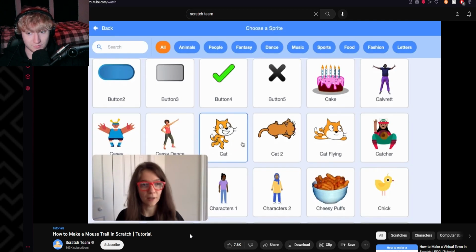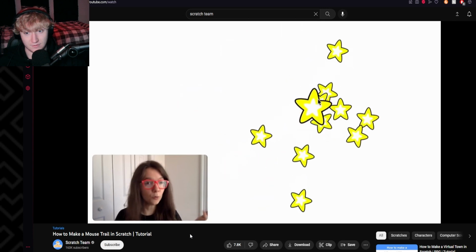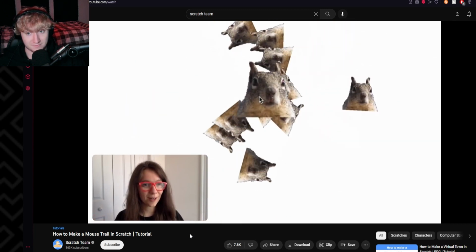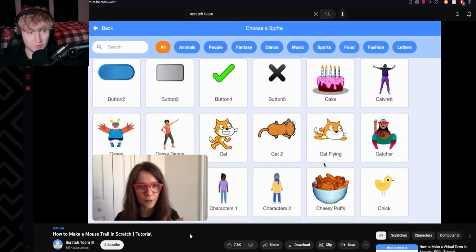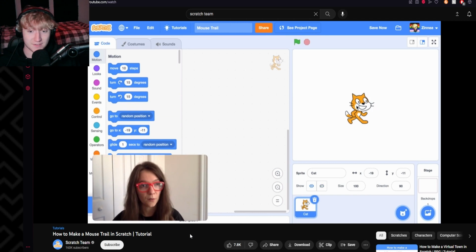You could have a mouse trail of scratch cats, or a mouse trail of hearts, or stars, or balloons, or rainbows, or I don't know, the squirrel sprite. Really, let's be real, the squirrel sprite is one of the best sprites Scratch have. So, to make a sprite follow your mouse pointer, there's this block in the motion category that says